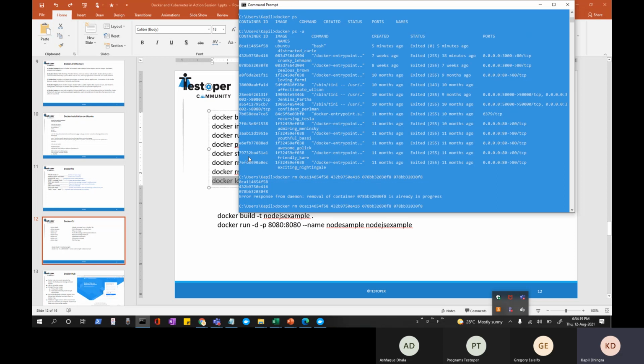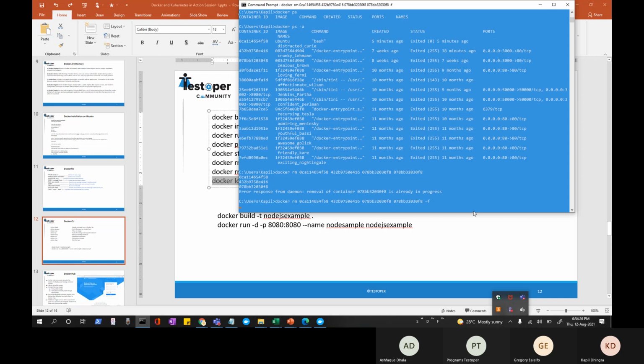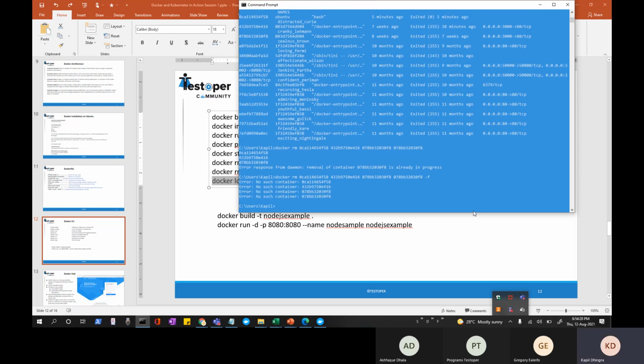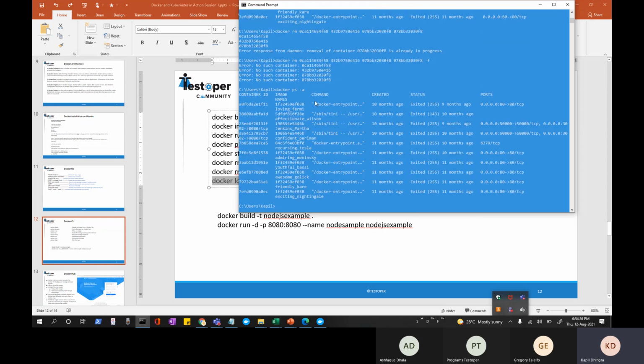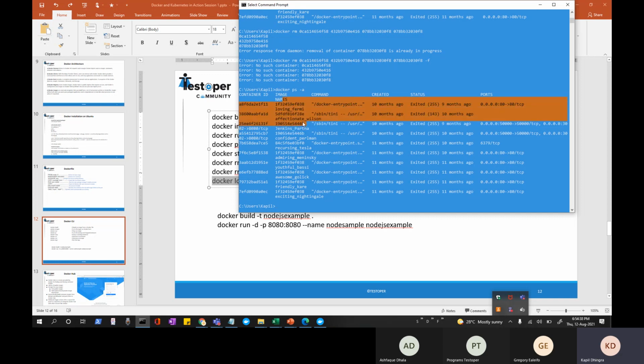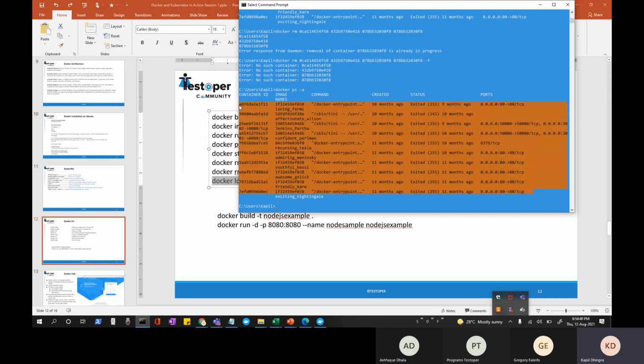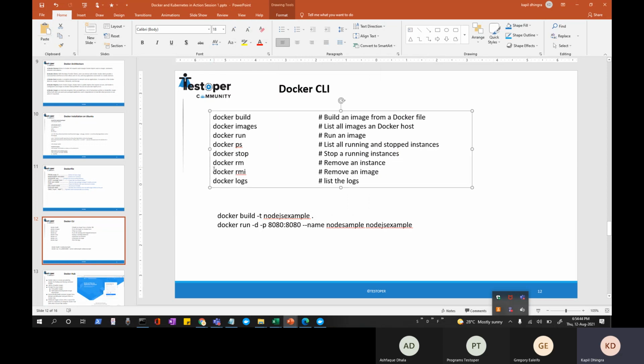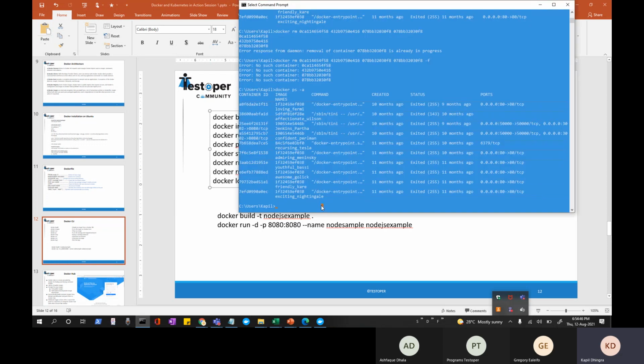Okay, one container is already in progress, which is F8. Let me remove it forcefully. Okay, there is no such container. There are just the logs of old containers. And let me do again docker ps -a. So out of 12, now there are around 8 because four are deleted. So this is how we use docker rm and docker rmi, and then